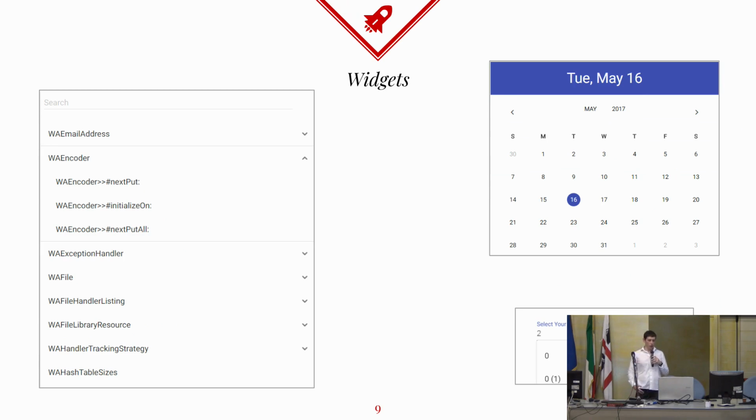There are some features like search in the list, etc. We have also a calendar and a select widget, because it's hard to customize a real select input in HTML and things like that.